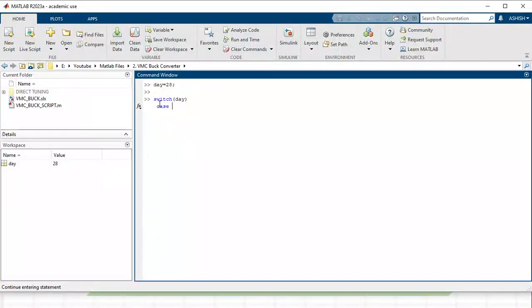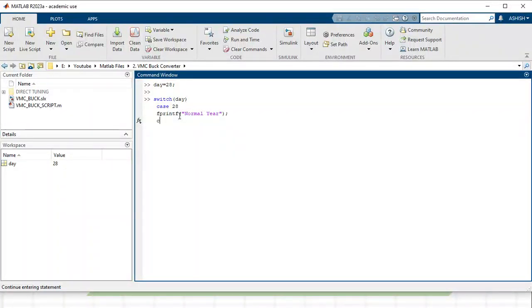Now I have to write the case. The case value is the expected value of the day; the user can enter either 28 or 29. Based on that, if the value entered by the user is 28, then this case statement will be executed, and if it is anything other, this case will not execute and another statement will. Then I will write printf, normal year, double quotes complete, semicolon.